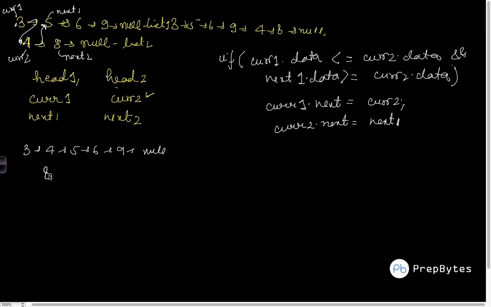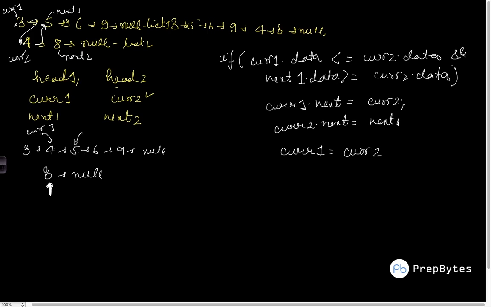Okay, now I have to bother about this particular node. Now what happens with this particular node is that obviously it cannot go in between these two, because it will be greater than this, but it can go in between these two. So I have to change my variables accordingly so that I can check whether this particular node should go between these two or not. Okay, so now I'll update my cur and next. So my cur1 will become cur2, right? This was my cur2 initially. Now this becomes my cur1.